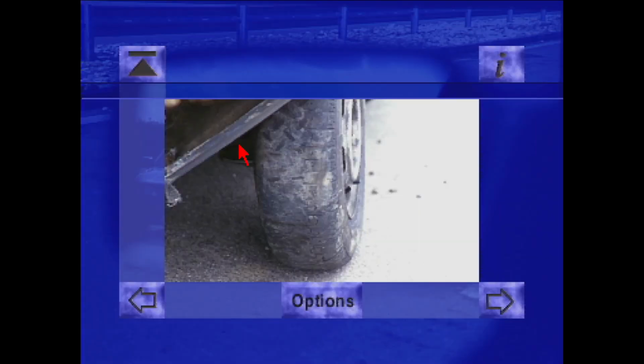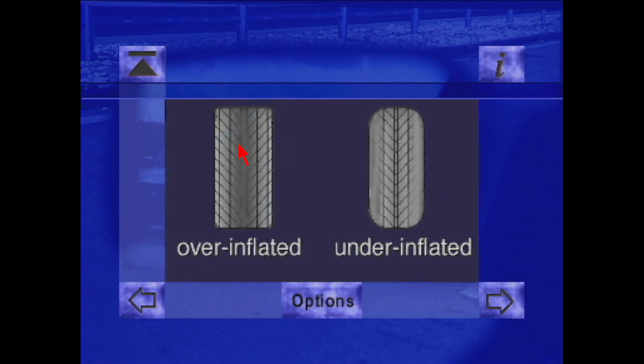Look out for uneven tread wear. It's a symptom of a fault. A tyre that's worn more in the centre than at the edges has been overinflated, while excessive wear at both edges indicates underinflation. Wear on one edge usually indicates that the wheel is out of alignment,